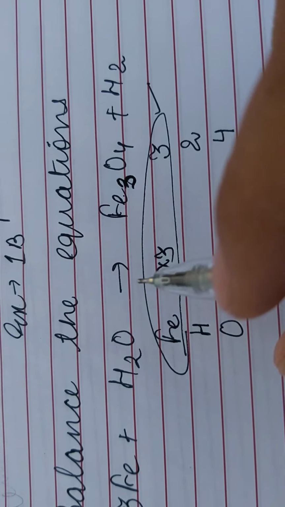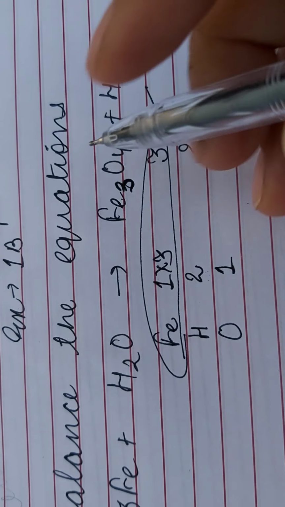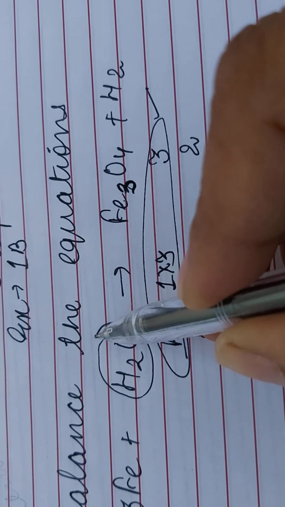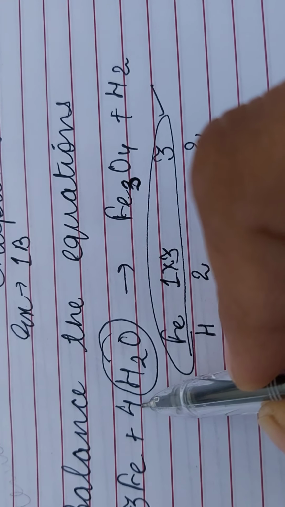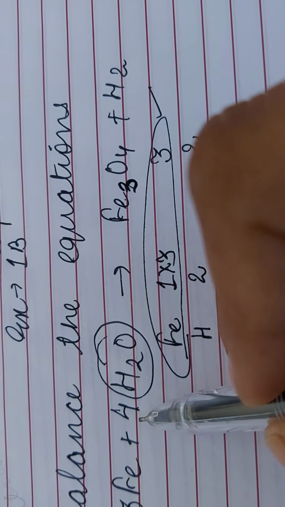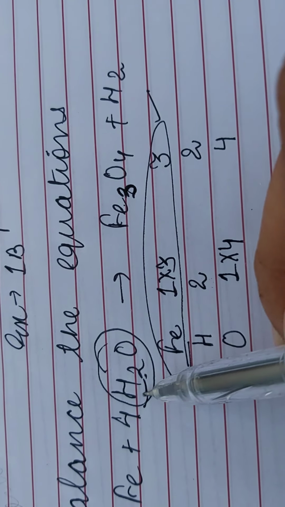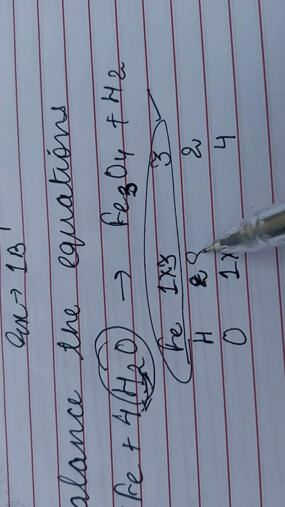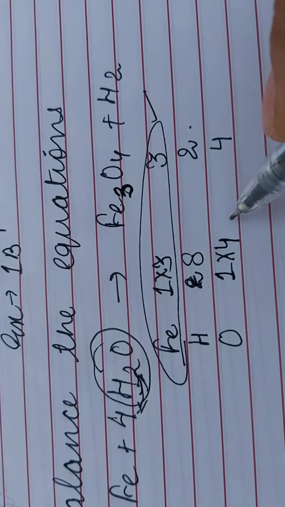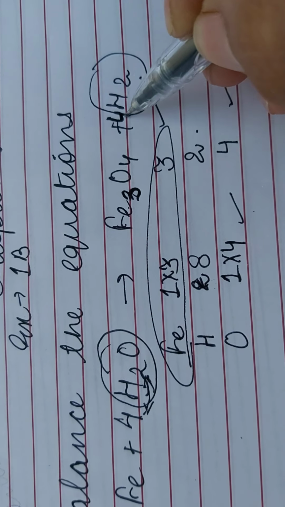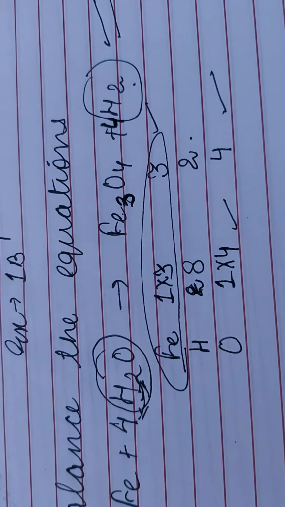Let's talk about oxygen. This side 1, this side 4. So we will multiply this side by 4. Whenever you are multiplying any molecule, you will write that multiplier here at front. So now hydrogen on both sides, 4 2s are 8. You will multiply these both. 4 2s are 8, this side and this side 2. Oxygen is balanced, so we will change this 2 into 8. We will multiply this by 4. Now this equation is balanced.